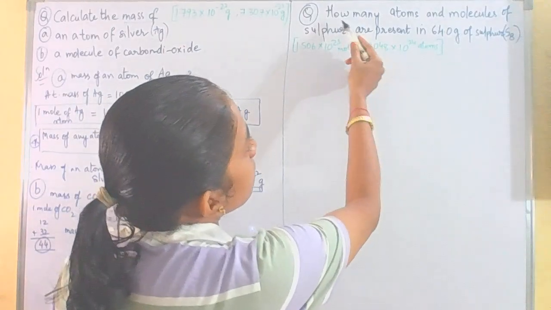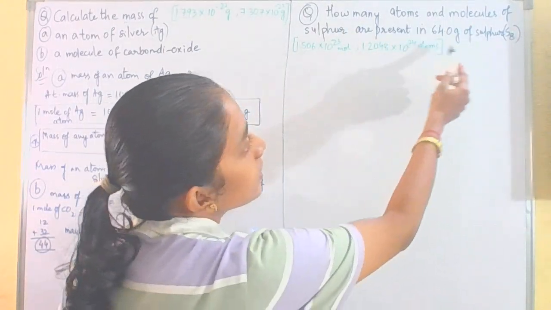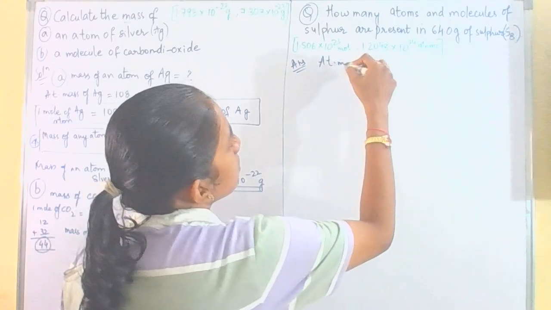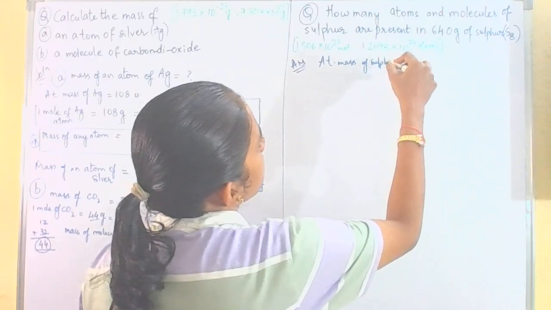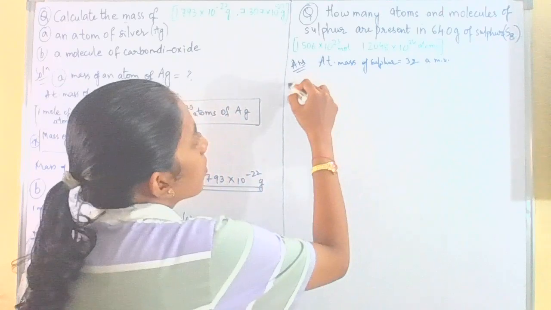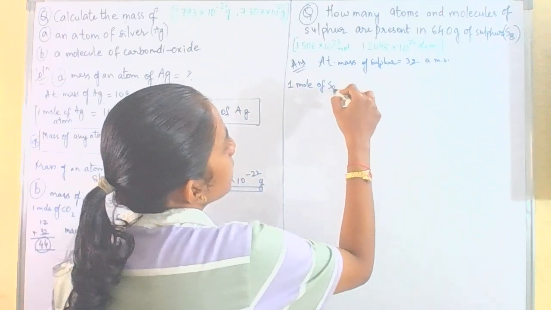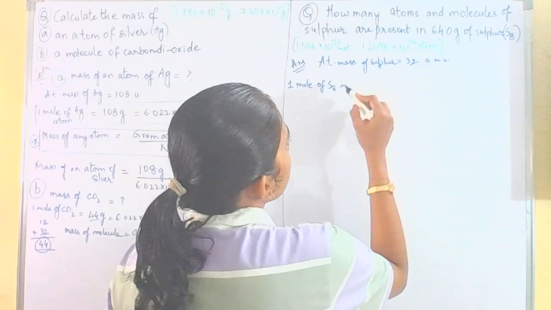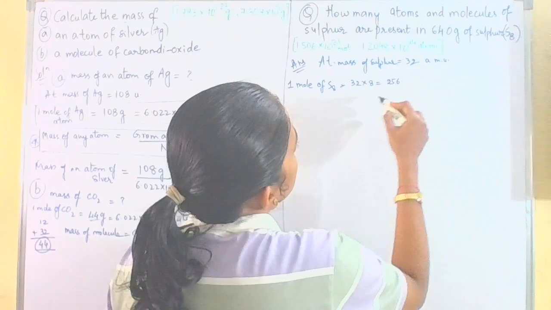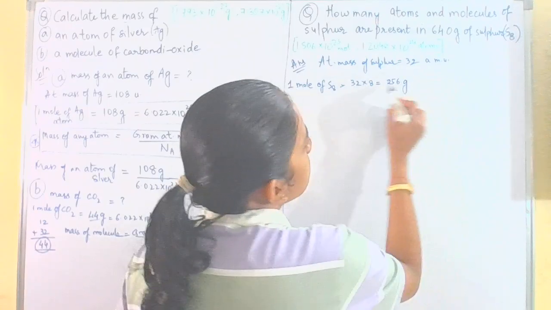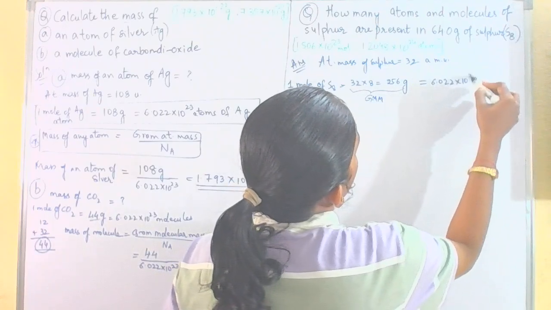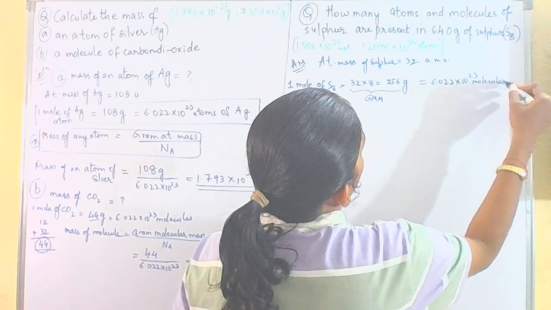Now, we'll see the second question. How many atoms and molecules of sulfur are present in 64 grams of sulfur? The atomic mass of sulfur is equal to 32 AMU. Now, 1 mole of S8 sulfur molecule is equal to 32 into 8, which is equal to 256 grams. This is the gram molecular mass, which is equal to 6.022 into 10 to the power 23 molecules of